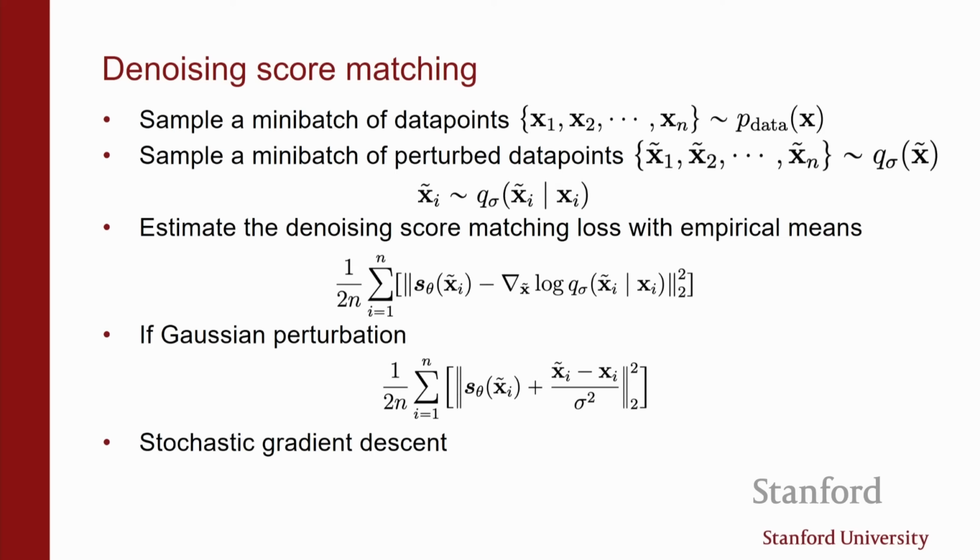And so in practice, you need to try to choose the sigma as small as possible, such that you can still optimize the loss. But there is always an approximation. So that's the trade-off. You don't have Hessians or traces of the Jacobian anymore, but you're not estimating the score of the clean data, you're estimating the score of the noisy data.